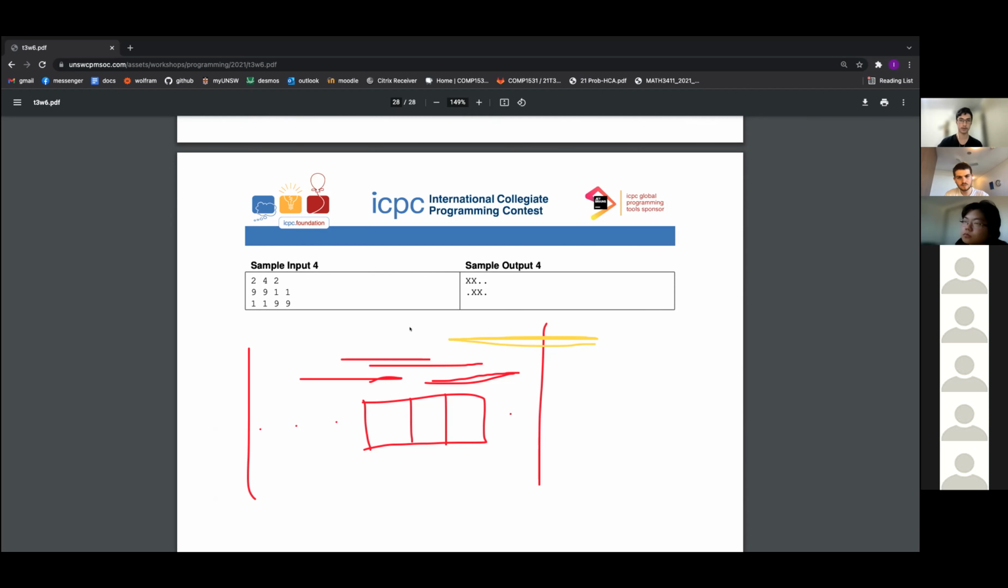So basically, for each last position placed, your next position can be anywhere that is valid. The conditions are: your right edge must be to the right of the left edge of the previous one. Your left edge must be to the left of the right edge, so it couldn't be there. Your right edge of the new one can't be off the end of the board, and your left one can't be off the end of the board. If you check all those 4 conditions, you get four inequalities that must be satisfied for a valid state transition.